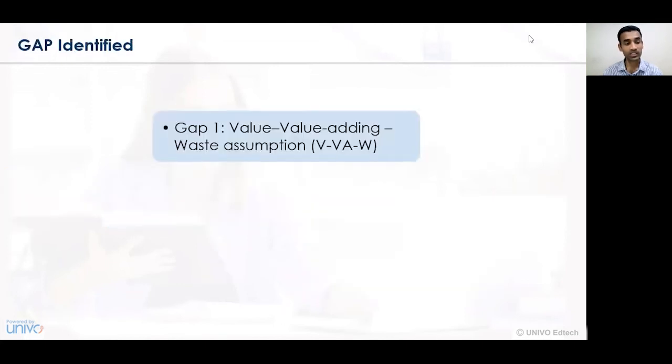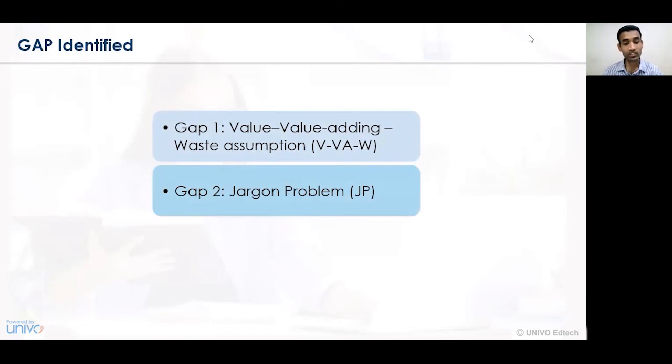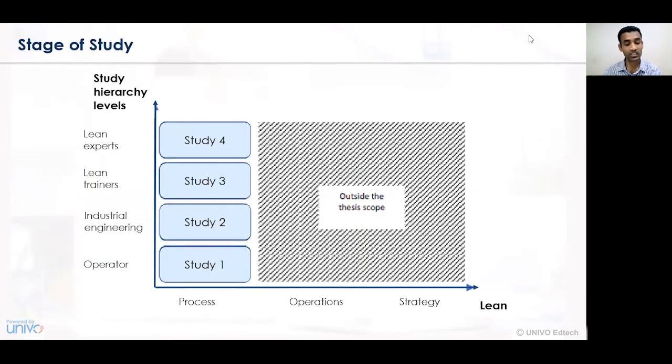Now, what are the various gaps that have been identified? The first gap that has been identified is value adding and waste assumption, that is V, VA, and W. The second gap that has been identified is the jargon problem. And the third gap that has been identified is the concept of systems problem. So these are the three problems that have been assessed in this particular case study. So the case study or the various stages of case study are process, operation, strategy, in which the lean